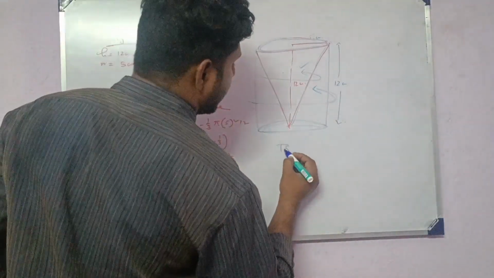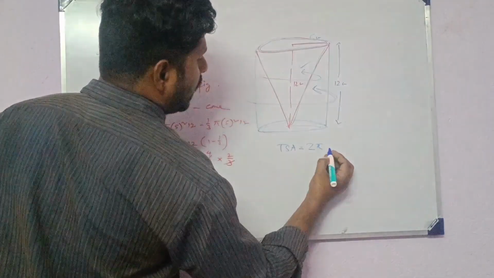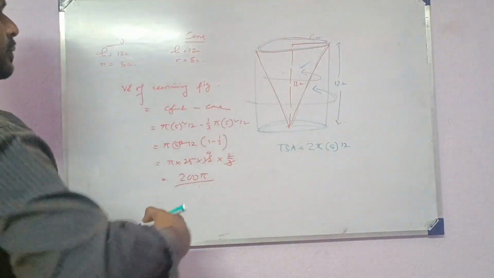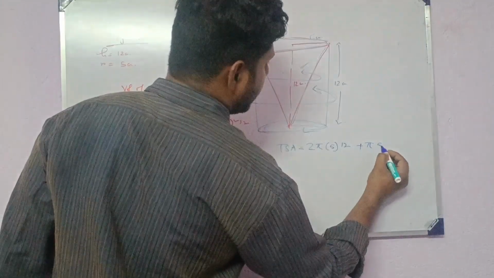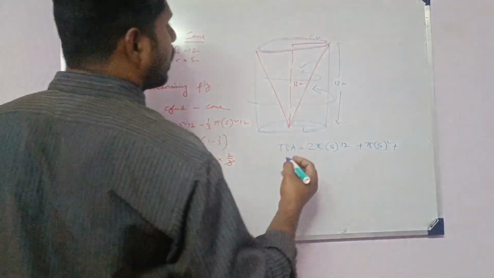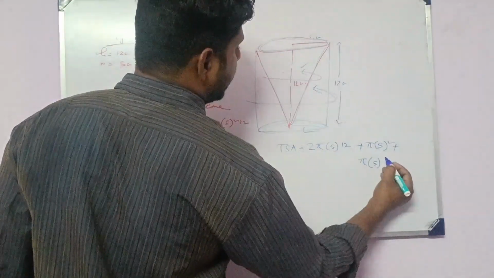Therefore, the total surface area is 2 pi r h plus the base area pi r square plus the lateral surface area of cone pi r